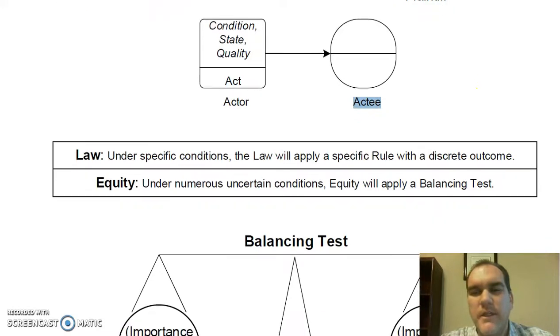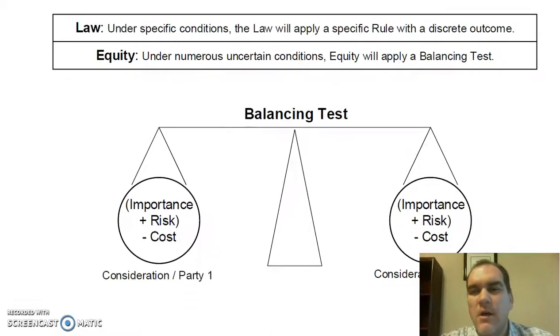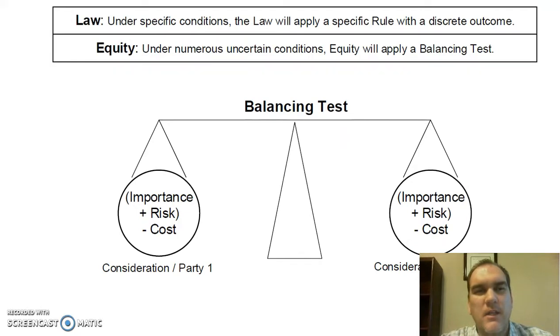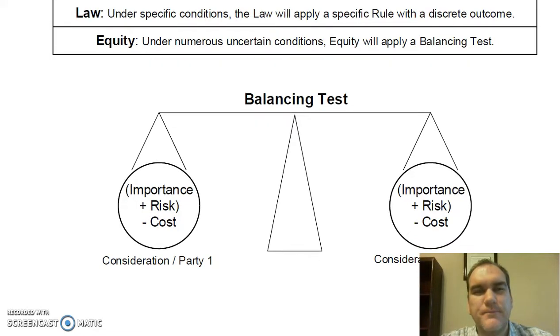Now there's a difference here that's noted between law and equity, and the difference is that the law often talks about specific conditions, and the law will seek to apply a specific rule with a discrete outcome. So the law seeks to be precise and apply a rule, yes or no, and arrive at a very definitive judgment. In contrast, equity will look at numerous and uncertain conditions,